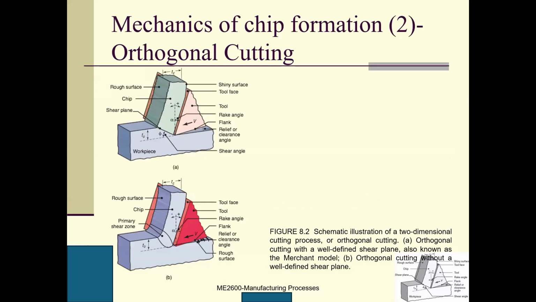For example, I show these two figures again about orthogonal cutting, because orthogonal cutting is one. Okay, so you need to be very, very clear about the shear angle, rake angle, clearance angle, also called relief angle. Also, this is t0, and t0 stands for the uncut chip thickness, and tc is standing for the chip thickness